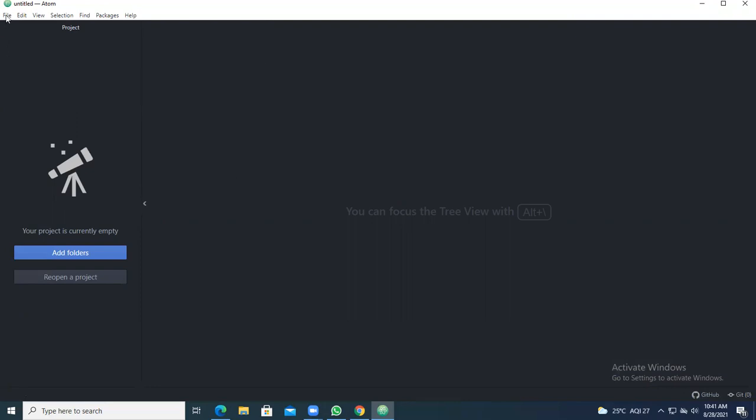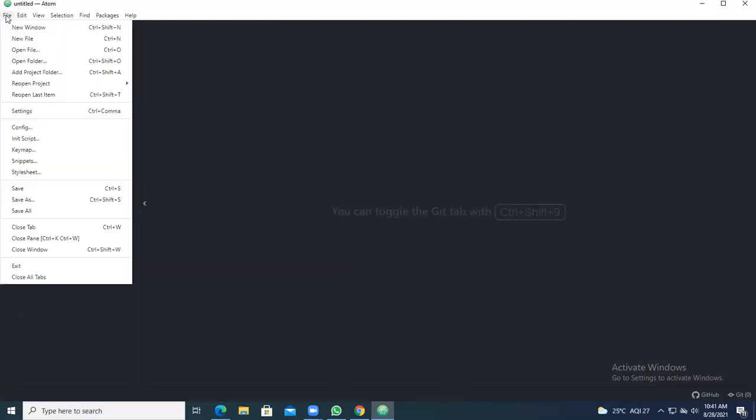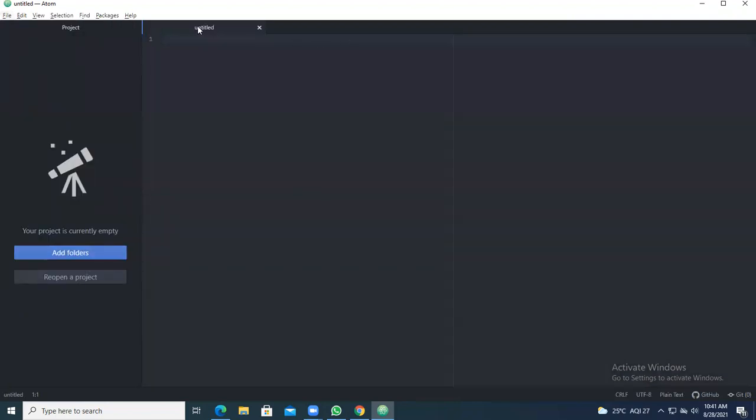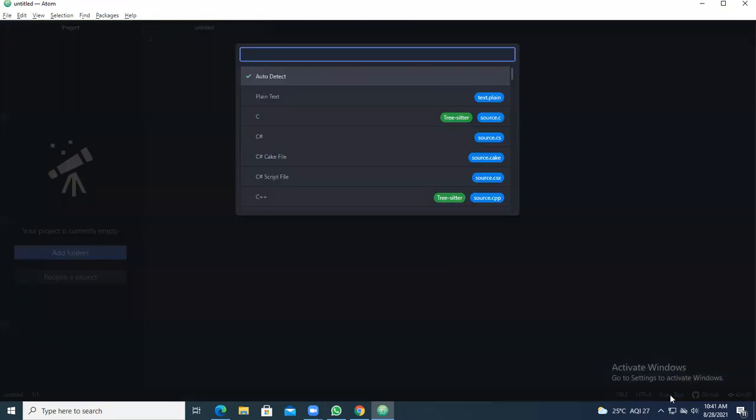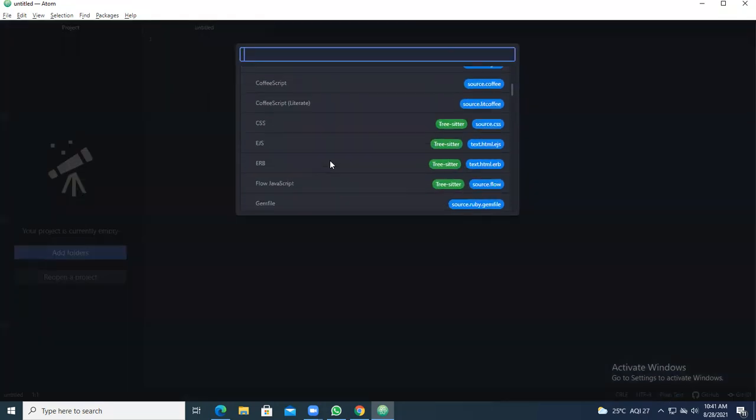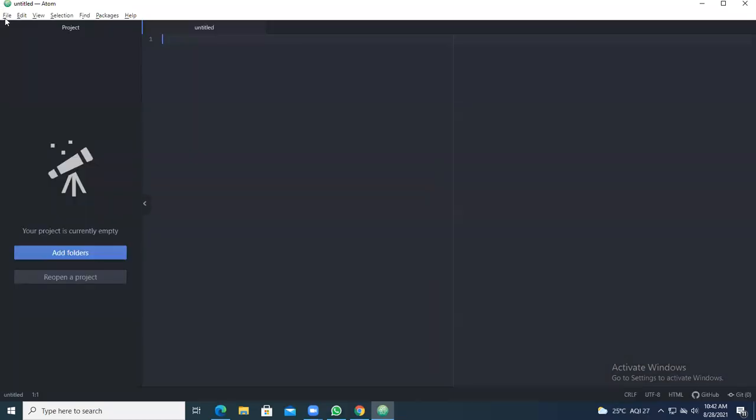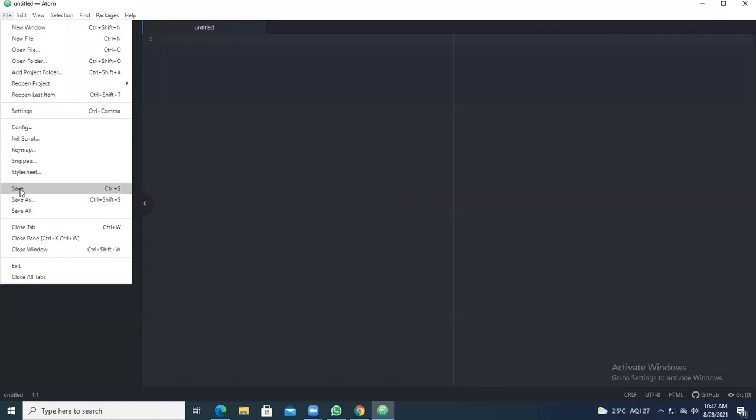As you are discussing CSS, first you have to take a new HTML file, and next, a new CSS file. So take a new file. It is marked untitled, and below you select plain text. Here you give it as HTML. Select HTML, go for file and save the content.